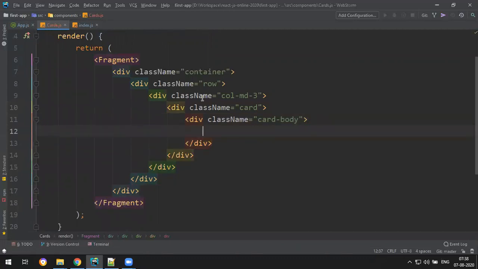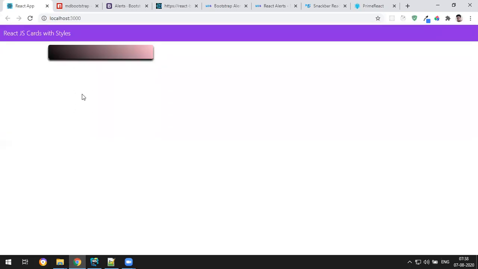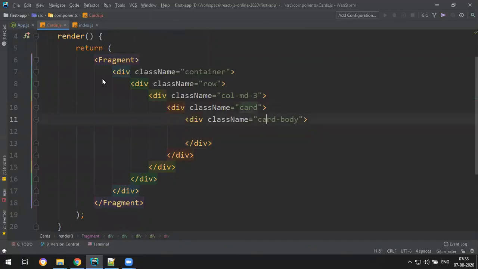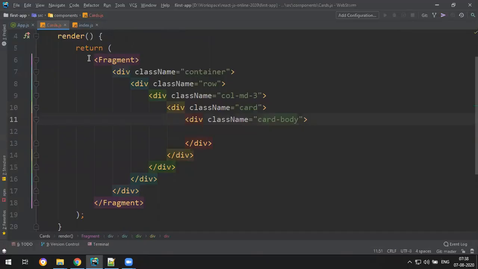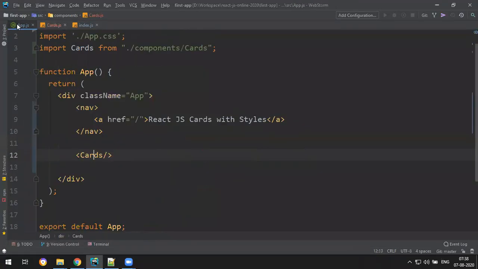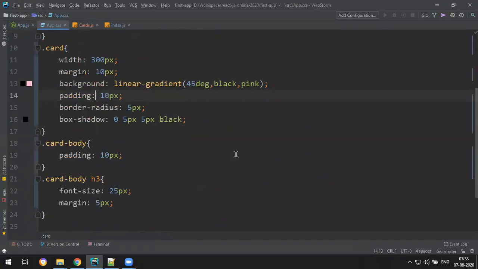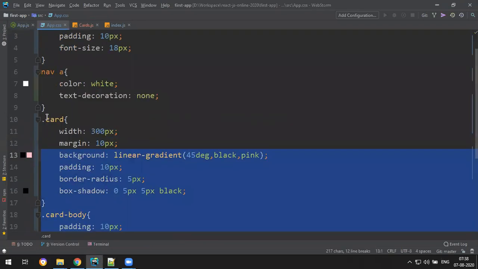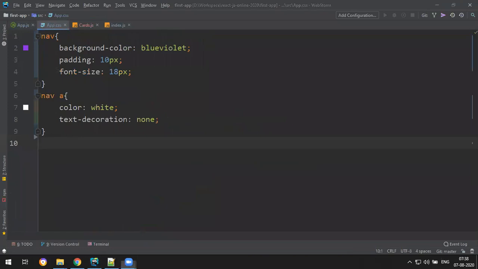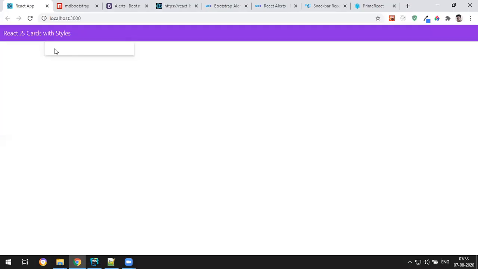So you got a card now, but the problem is for card and card body we wrote styles yesterday, so those styles are getting applied. We all know those styles are coming from app.css. We don't need those styles because we want to use them from bootstrap. So it's gone. Yeah, perfect.